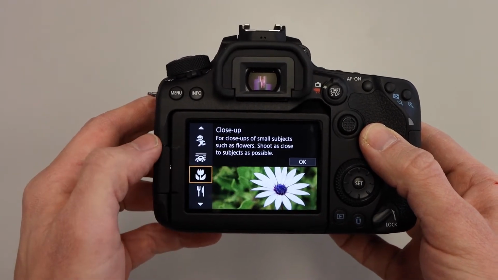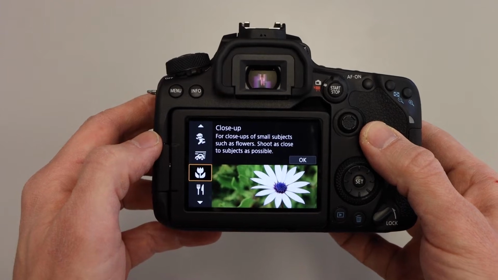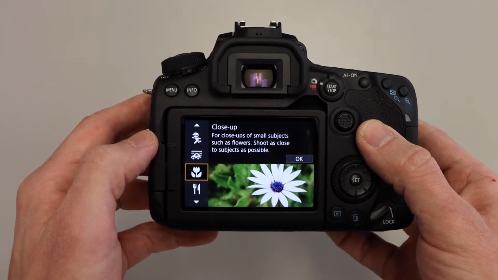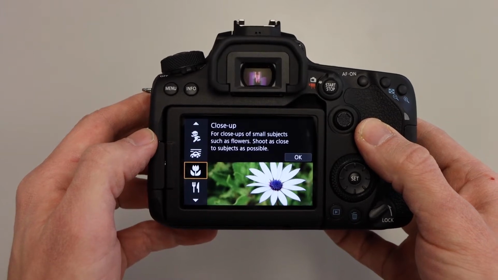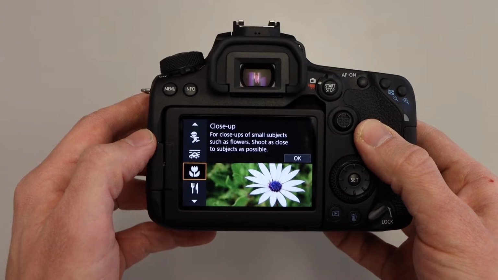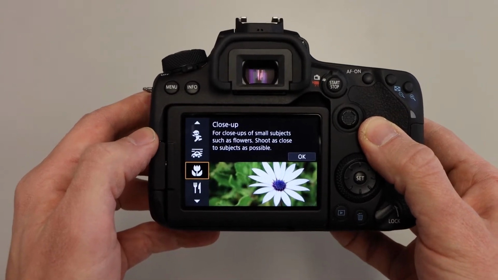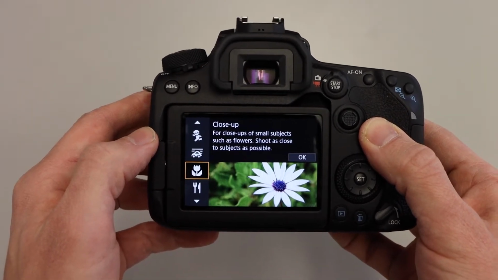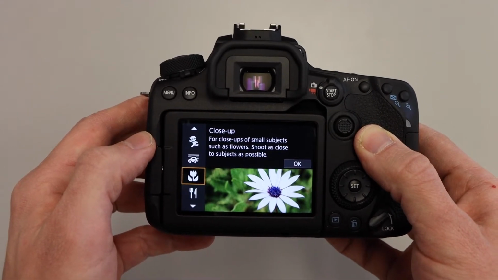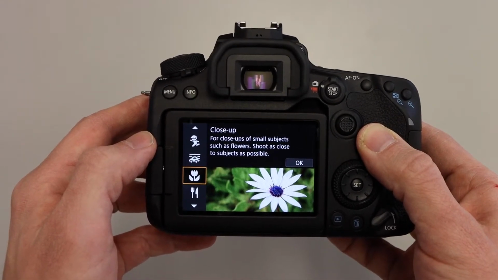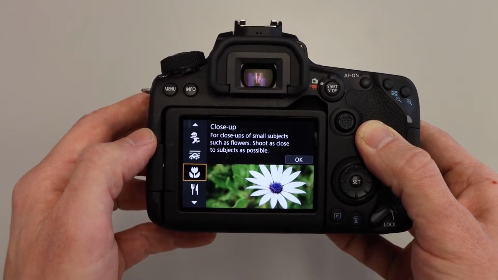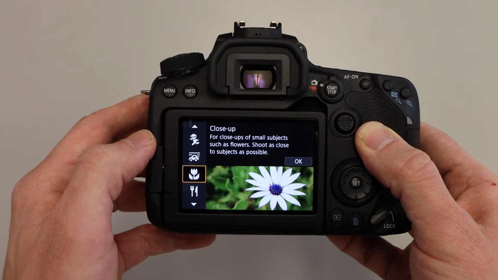Close-up. This mode promises to assist with close-up shots of small subjects such as insects, flowers, etc. Please keep in mind that you are limited to the focal length based on which lens you are using. For example, if I'm shooting the inside of a tulip bulb, I could use a proprietary macro lens such as the available Sigma 105mm. This will allow you to get right inside of the subject and show great detail, whereas the 18-55 lens will require you to keep roughly 5 to 6 inches away from the subject before proper focusing